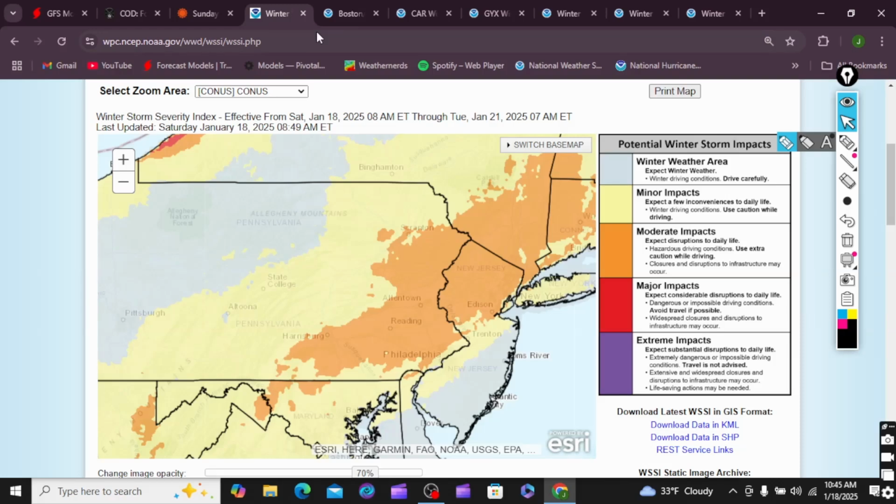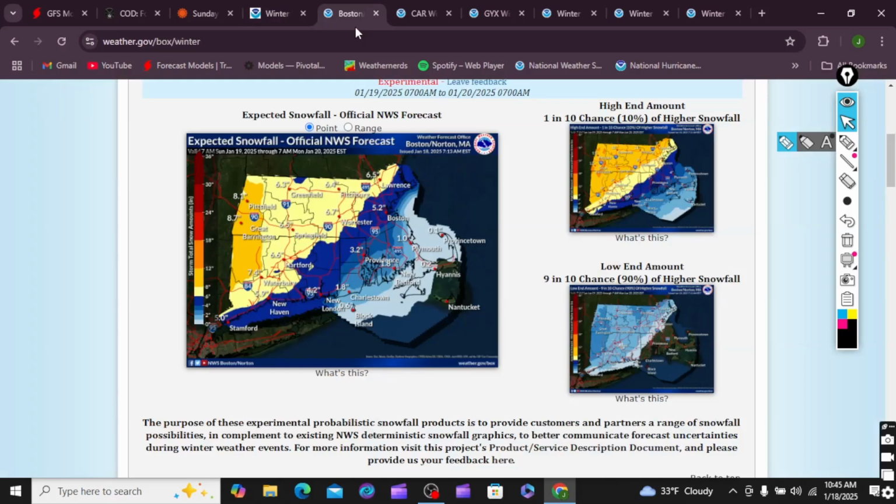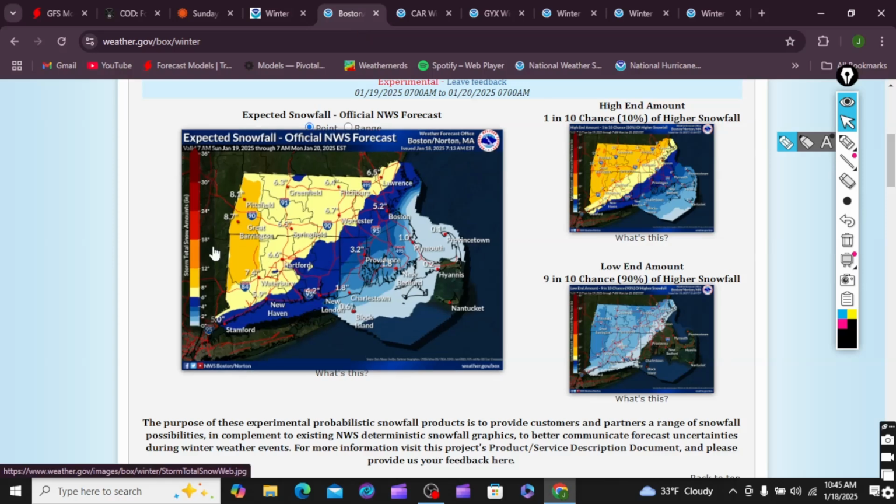Okay, so now we're going to start looking at the National Weather Service's forecast. This is for Boston and parts of the Connecticut region and Long Island. You guys near Nantucket, you're getting nothing. Rhode Island, really nothing. Providence, though, you guys could get a few inches. Boston, up to about half a foot, potentially. And then back into central Massachusetts, Worcester, 6, 7, 8 inches. I would say generally 4 to 8 inches. Same thing with Connecticut. A little bit further to the west, more of that 6 to 10 inches.